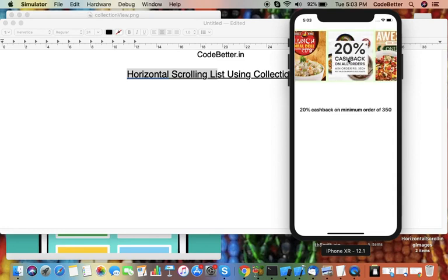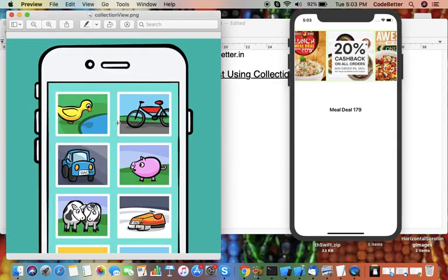Let's see what a collection view is. A collection view is basically a collection of items. You can see here, this is a collection view. It is a collection of items, one item, another item, and each item can be any view, any user interface. But to make it simple, here items are nothing but images, photos of something.